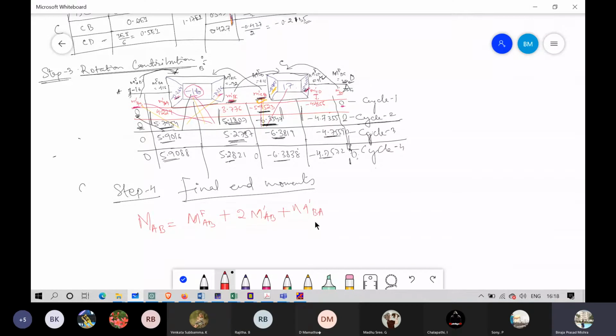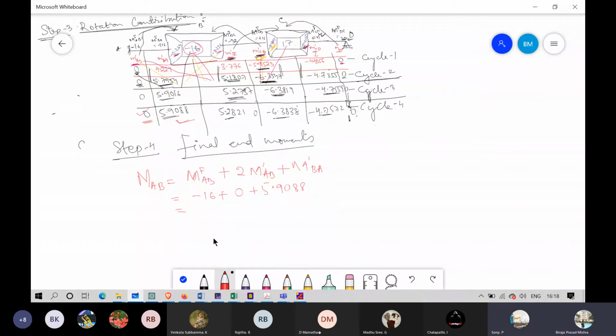So how much is MFAB, which we calculated earlier? Minus 16. Yes, minus 16 plus M dash AB, which is 0, then plus M dash BA. How much is M dash BA? 5.9088. Please sum it up and tell me the value. Minus 10.0913. So similarly, MBA equals